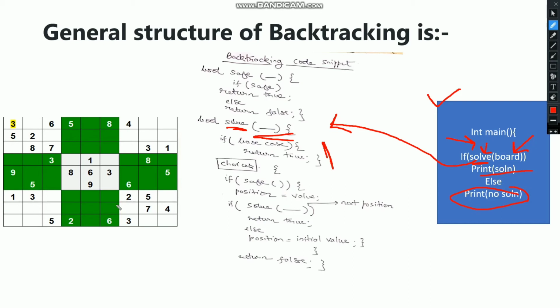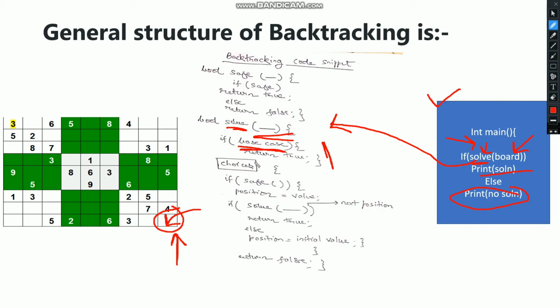If we see this board, what will be the base case? If we reach here, it means that we have filled all these empty cells, with the empty cells being filled with values ranging from 1 to 9. So the base case will hit and it will return true to the caller of this function. In a recursive function, the moment the base case hits, it moves back to the caller of that function.